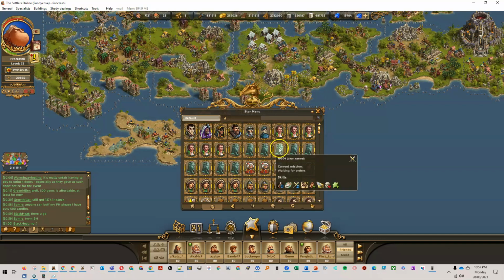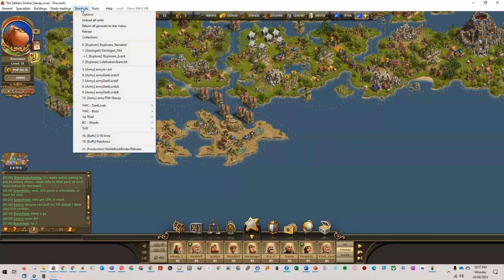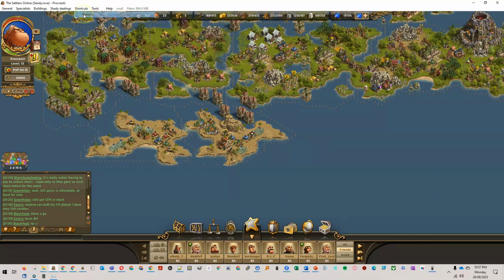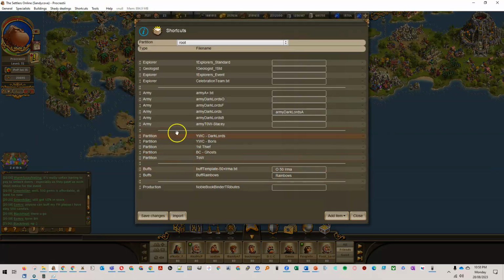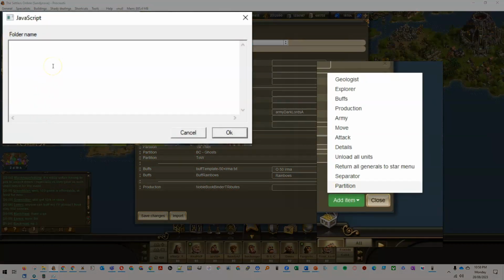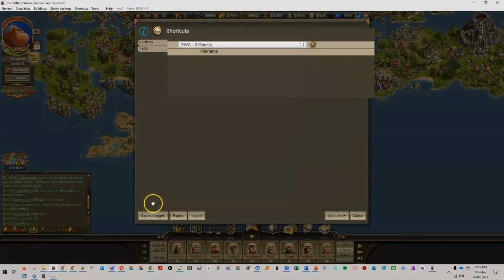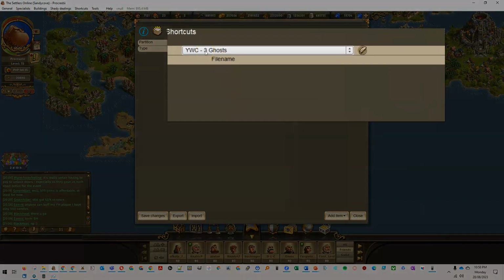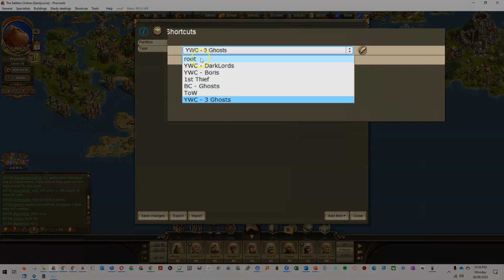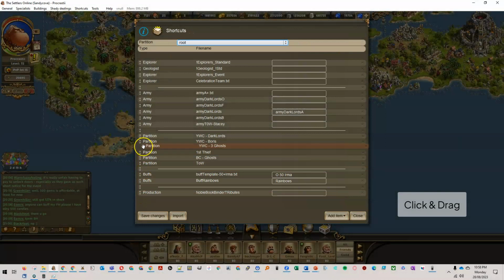So the first thing I'm going to do is here in my shortcuts, I'm going to go to options and set up a partition for this. So I'm going to go partition and call this Young Woodcutter 3 Ghosts, like that. You'll see it appears here as a partition up the top. If we go back to the root partition, it'll be down the bottom, and I actually want it to be